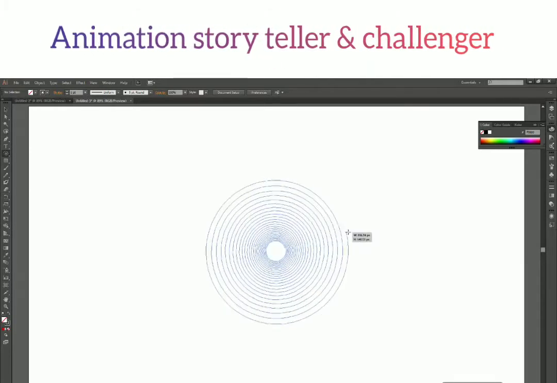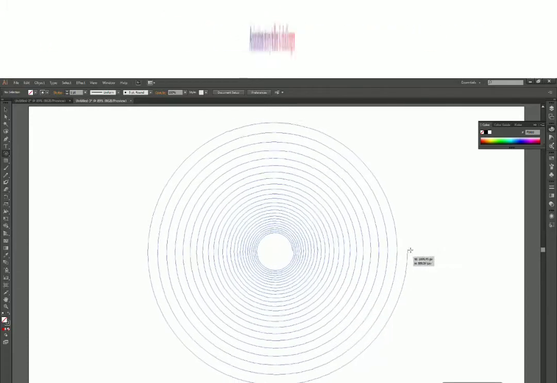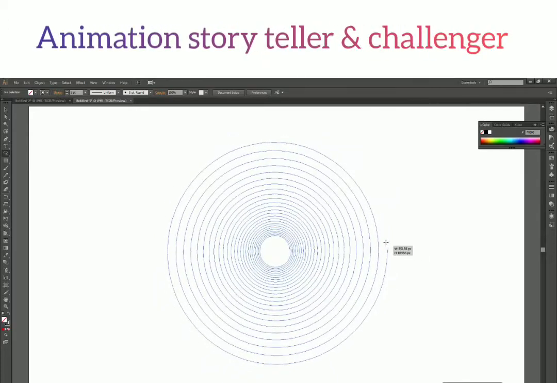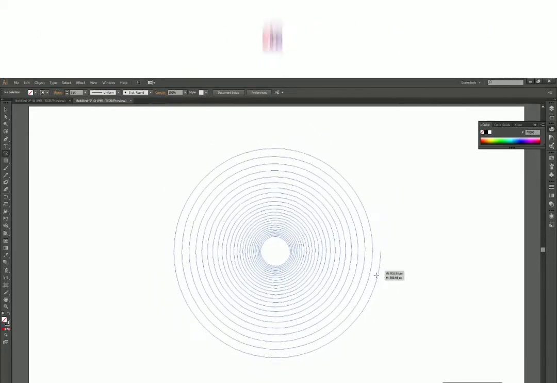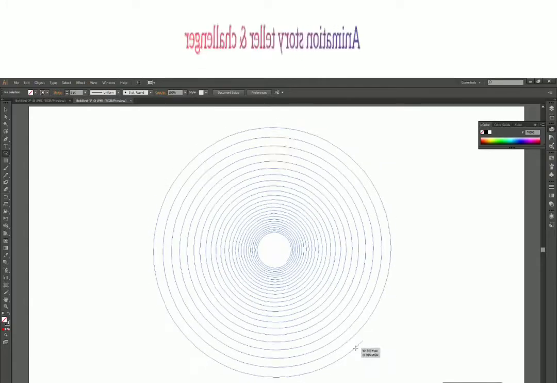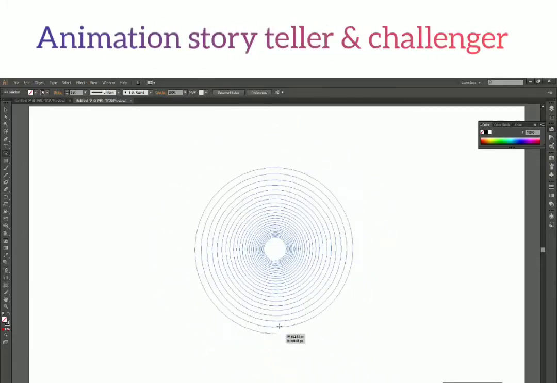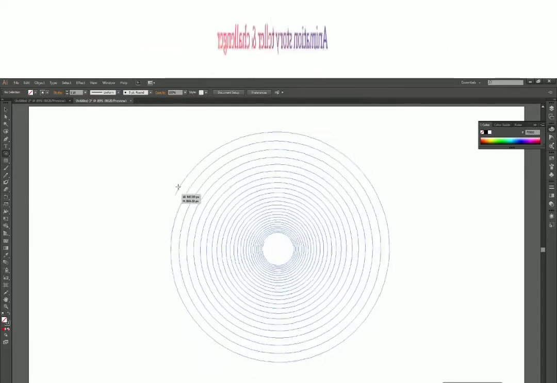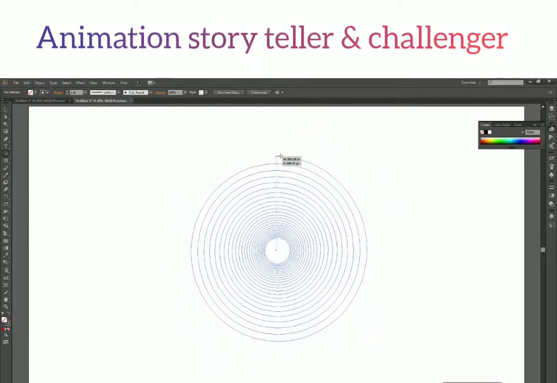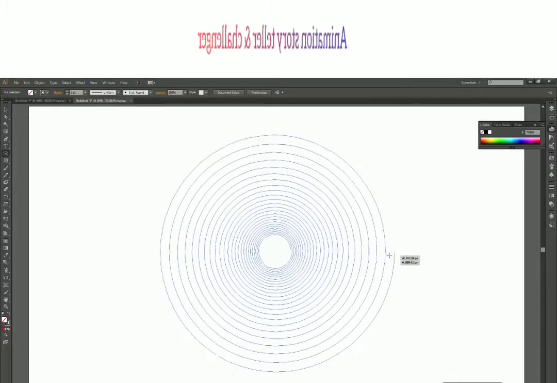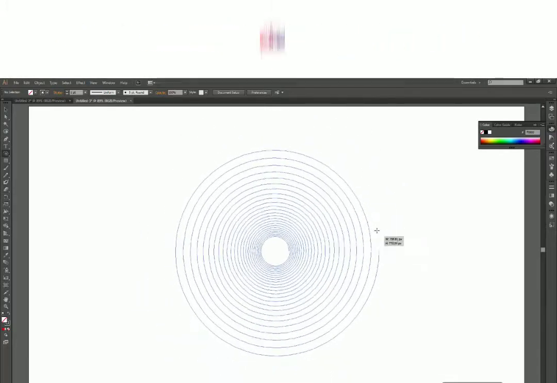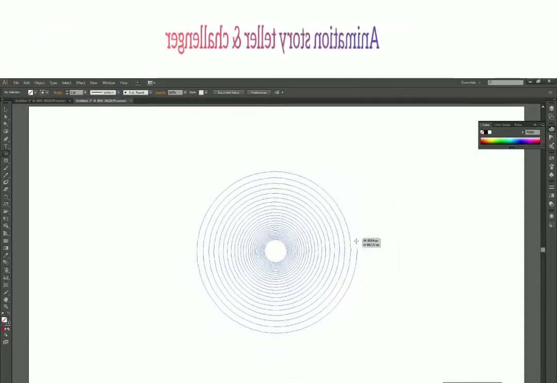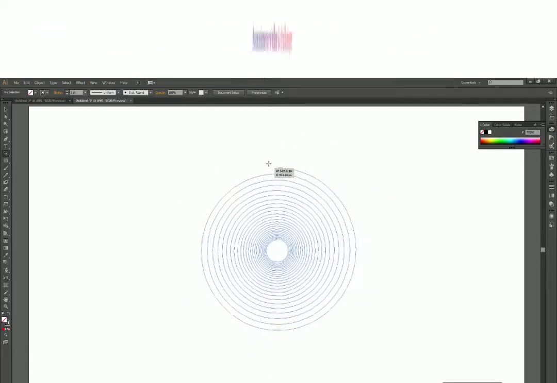So when you draw a spiral and press shift, you can see the end point or the last point of my spiral is snapped to a horizontal axis now, or it is at a 45-degree angle or at a vertical axis. Otherwise, when I release the shift key, I can just go and rotate the spiral. But when I hold the shift key, it only snaps to a horizontal, 45-degree or a vertical axis. Alright, so let's press shift and release it at a vertical axis.